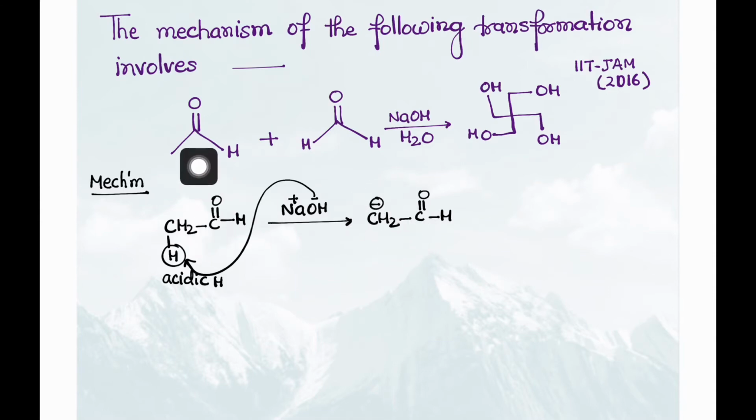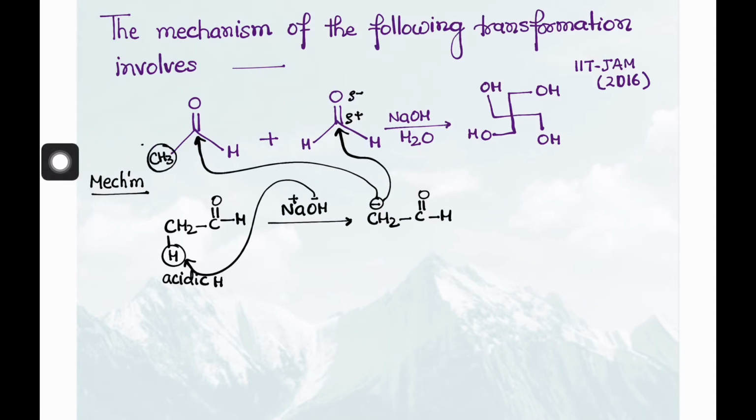Now it has two carbonyl groups in the solution. So it can either attack this acetaldehyde or this formaldehyde. But the attack on formaldehyde is easier because there is less steric hindrance. More delta plus will be on this carbon. Here it is methyl, so methyl has plus I as well as hyperconjugation effect. So here the delta plus will be less and it will be more sterically crowded also, so this bulky nucleophile will not be able to attack as easily on that one. So we will prefer this attack.